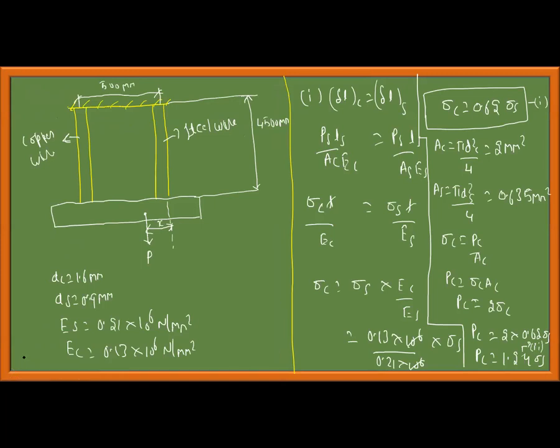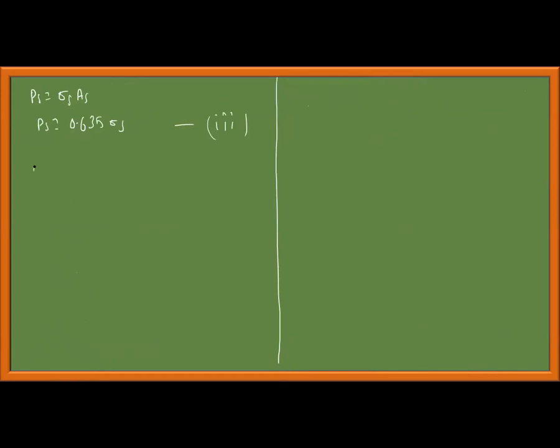Okay. Now I will take the ratio PC by PS, which is equal to 1.24 sigma s by 0.635 sigma s, which comes to be... tell me, what is PC in terms of PS? This is a method; you should somehow remember everything, just substitution here and there, that's it. 1.95 times PS. That's 1.95 times PS.